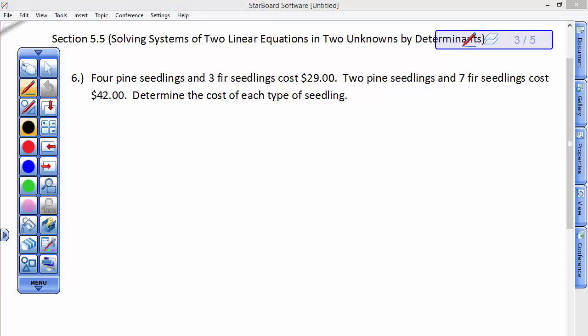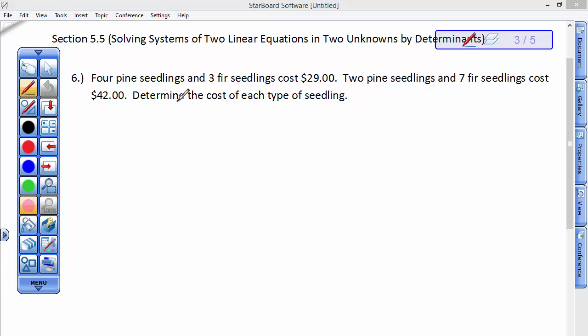I've decided to make a last segment in section 5 of chapter 5 of some story problems. Probably not going to finish the solutions, but going to set these up. In class, we're going to do just a bunch of story problems together one day. So this is one of those kinds of problems where we have a total item and then